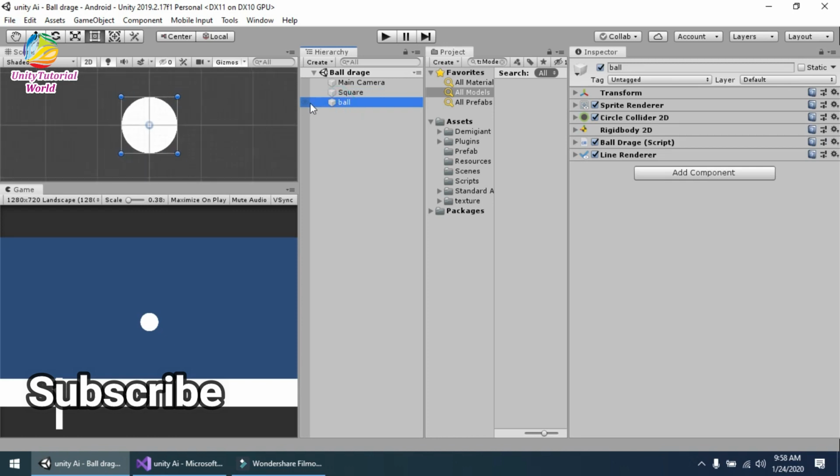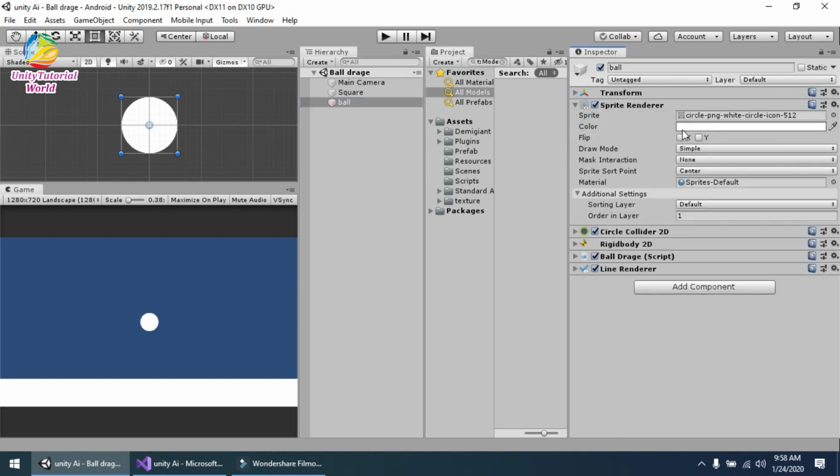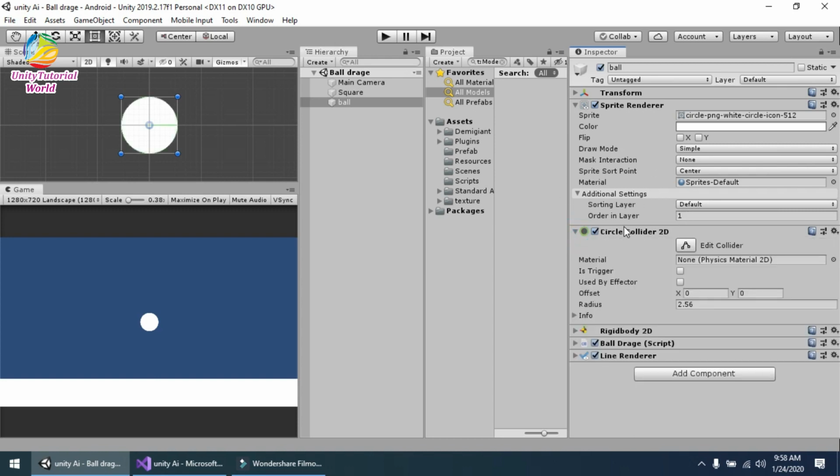And another sprite that is a simple white circle, and I will name it ball. I have changed the order in layer to 1 and added a Circle Collider on it also.